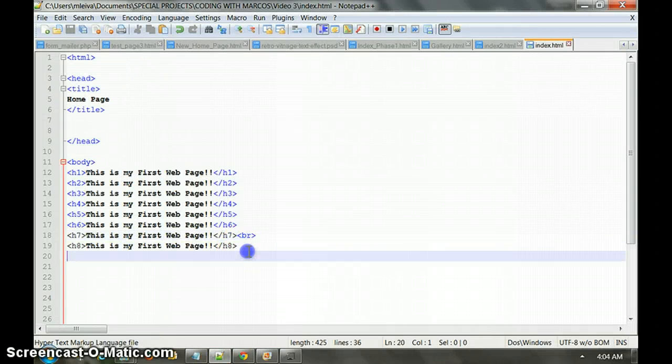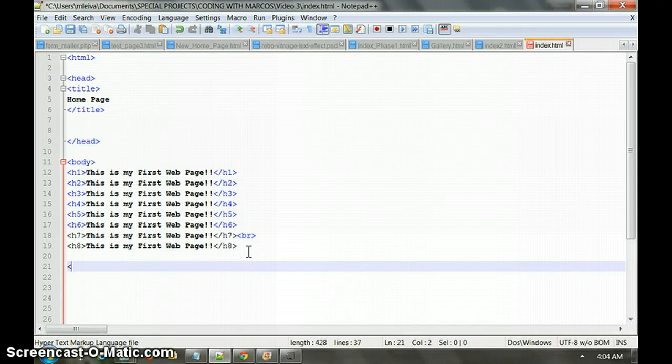The last tag I want to talk about is the paragraph tag. This will allow you to write out paragraphs on your web page. And what it will do is it will write the text in paragraph form, and it will be from left margin to right margin. So let me show you that regardless of how you write it in your editor,